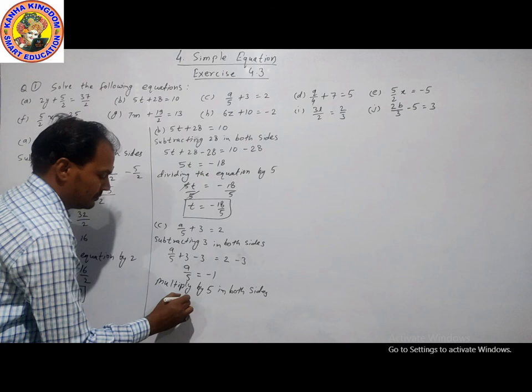Now minus 7, minus 7. 7 and 7 cancel. Here is Q by 4, and 5 minus 7 is minus 2. Now here is a term of divide, so we will multiply. Multiply by 4 on both sides. The equation is Q by 4 is equal to minus 2. Now multiply by 4, multiply by 4. 4 and 4 cancel. Q is equal to minus 8.